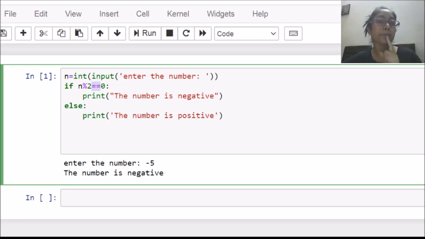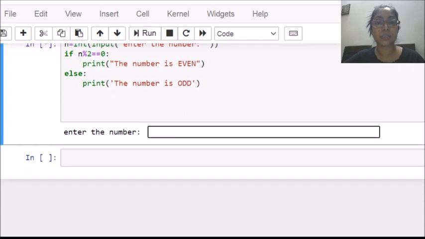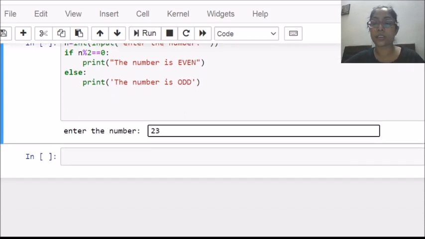So here I am checking if the remainder of this division is 0, that means n is divisible by 2, so I will display the number is even, otherwise the number is odd. Now let's run it. Suppose I enter 23, so it should display it is an odd number.